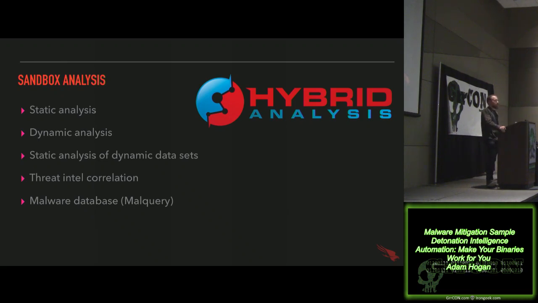So that'll run through a great deal of static analysis, how the file was built and everything, and of course runs through dynamic analysis. So it opens it in a VM, executes it, watches what it does, so that we can take a look at it. And it actually doubles down then and does another round of static analysis, because it'll do static analysis on files that are dropped. It'll also do static analysis on memory dumps of the interesting processes that are running. So if things do unfold a bit differently in memory than they are on disk, then we'll continue to get static information on that as well. Which is actually what the word hybrid comes from: doing static and dynamic analysis, and then over and over again.